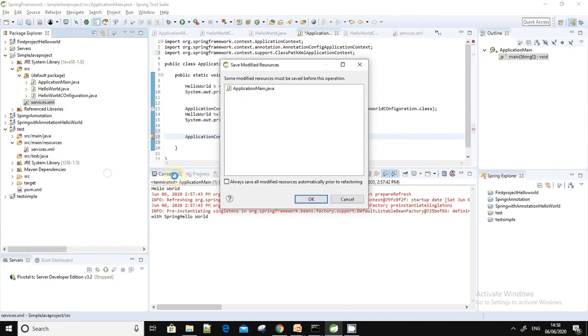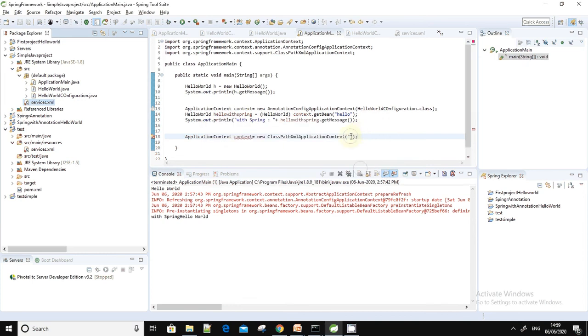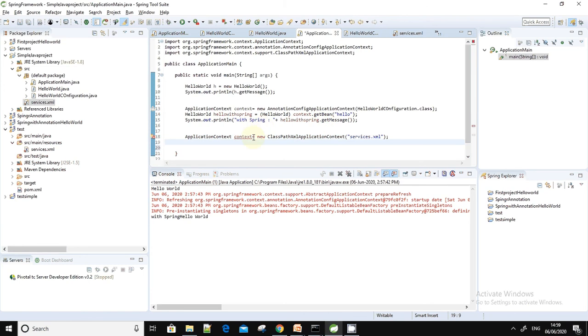So I'm copying that file name here. The container will get loaded from the XML.